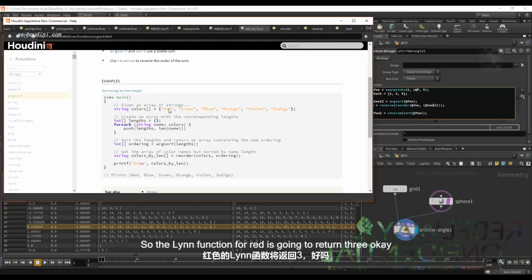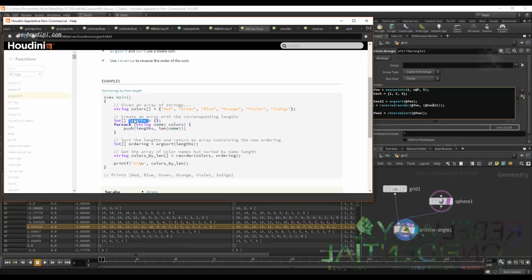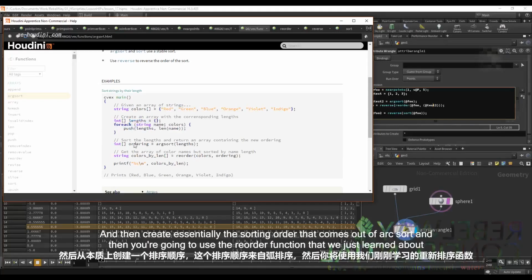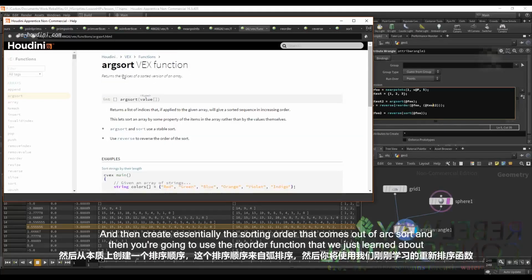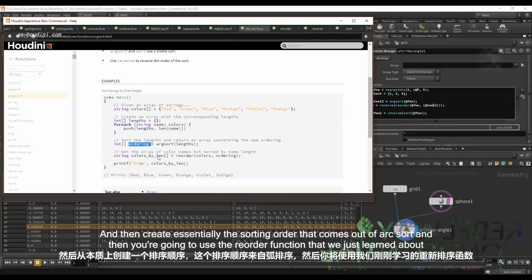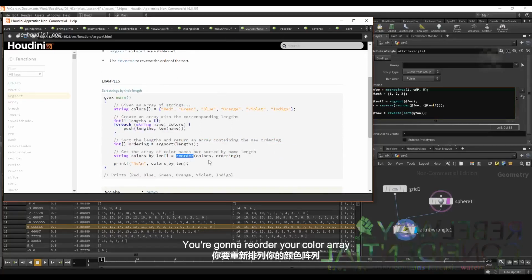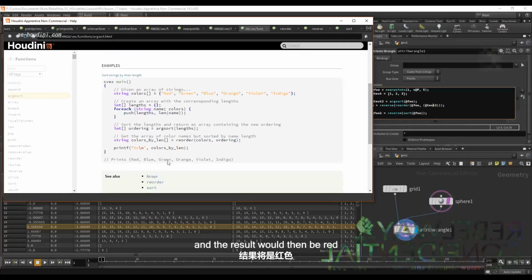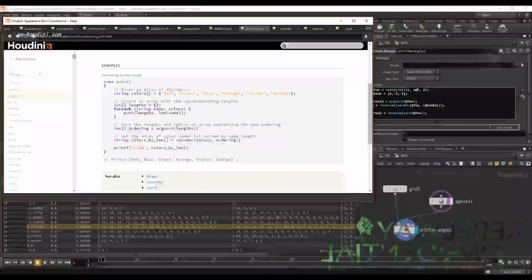So the len function for red is going to return 3. You're going to append that to this lengths array, and then create essentially the sorting order that comes out of argsort. Then you're going to use the reorder function that we just learned about. You're going to reorder your color array, but you're reordering it using this new order that you created, which was based on the lengths of the name, not just alphanumeric sorting. The result would then be red, blue, green, orange, violet, indigo in order of the lengths